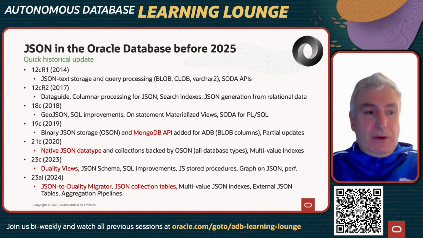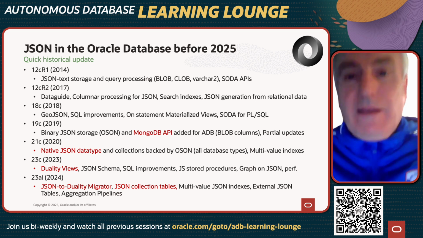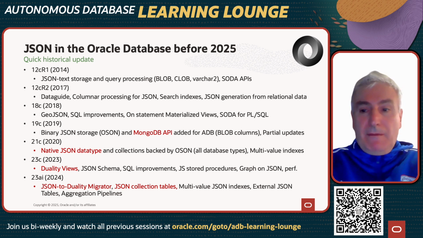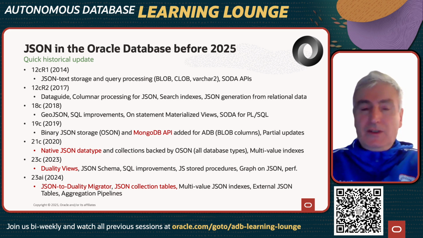Before that, in the Oracle database, you were able to store JSON documents using either VARCHAR2, binary large objects, or character large objects. And that was possible since the very first release of 12c. So we already have more than 10 years of support for JSON in the Oracle database. I won't go through all the bullet points on the slide, but it is important to note the ones that we have in red, some milestones,